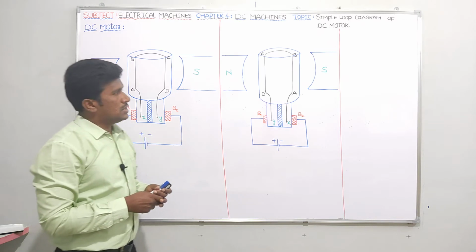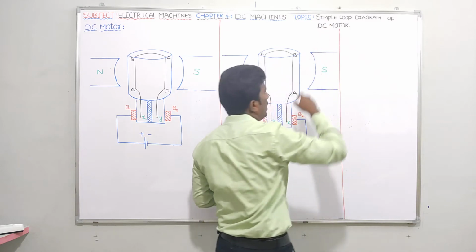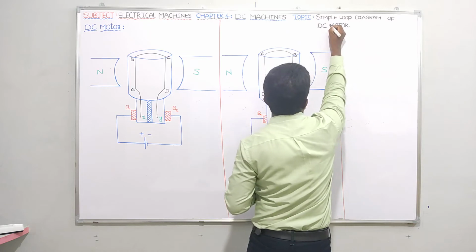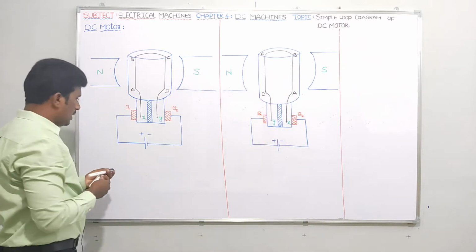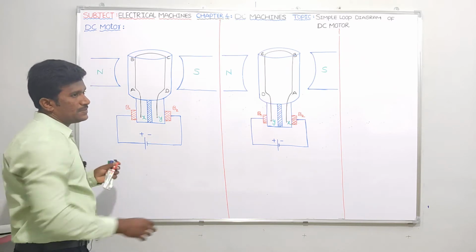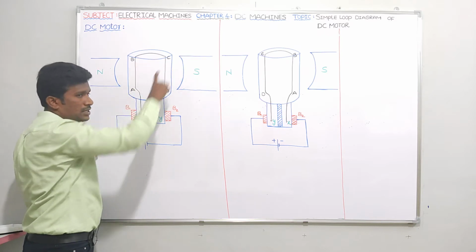Okay, so see guys, DC motor, what that name itself indicates. DC means what? We are giving DC supply to the motor. That's the meaning. DC motor means we are going to give DC supply to the motor. See, let us assume that here I have given DC supply, plus minus, and I already explained in the previous video. So let us assume that AB is a conductor, CD is a conductor.